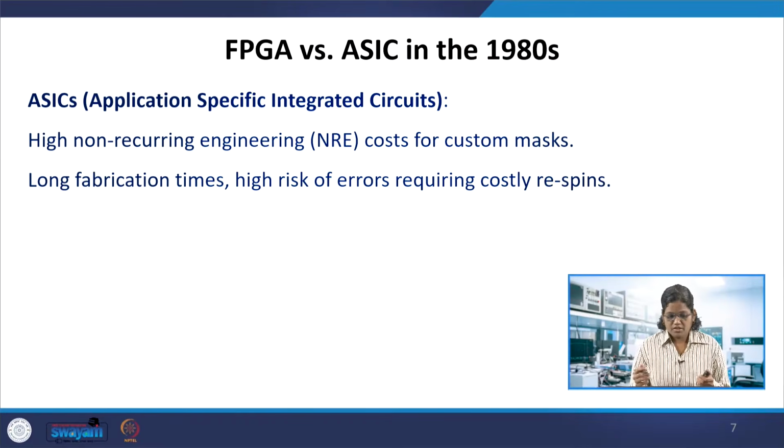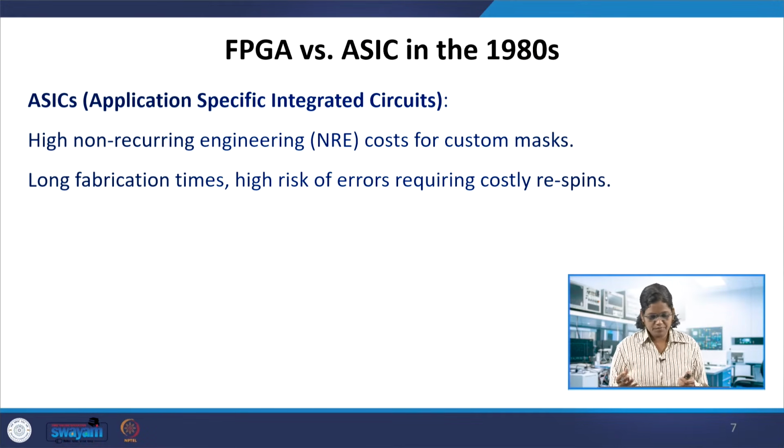The antifuse technology was a little bit on the higher side than the SRAM technology, because of the PROM demand in the SRAM based FPGAs. So in those years, in the age of invention, the ASICs were also part of it. So in the 1980s, when we compare FPGA and ASIC,